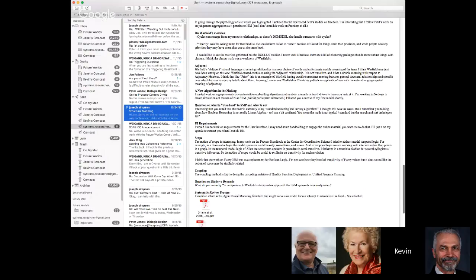You mentioned Warfield's modules in what you were talking about. I was wondering, I don't remember using the DOS model. I mean, I used the DOS model in the early 90s, and I think that cycles could emerge from the DO model in Warfield software. Cycles emerge from asymmetric relationships in the ISM software we're using now. So I was a little confused by what you were saying in the video. Right.